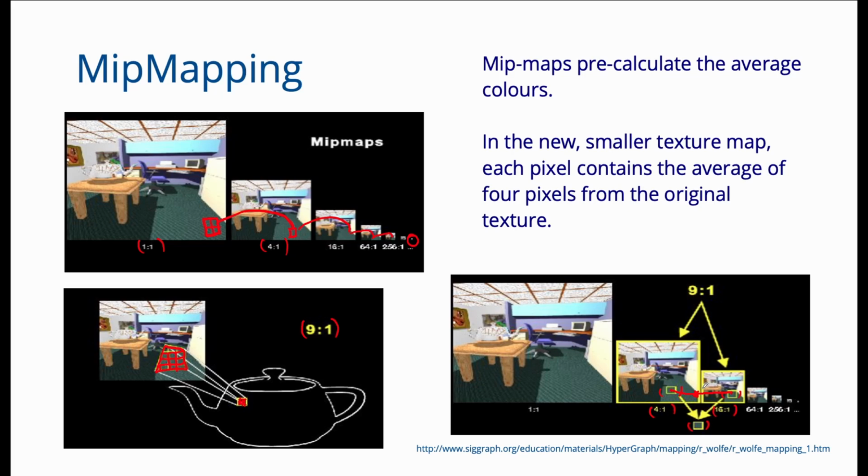So MIP maps make texture anti-aliasing slightly faster, and if you are doing any sort of texture mapping, you should enable MIP maps because they just make texture mapping look much better. And OpenGL will create the MIP map for you automatically. You do not have to create this image pyramid by yourself. You just have to load the appropriate texture to your OpenGL application program.